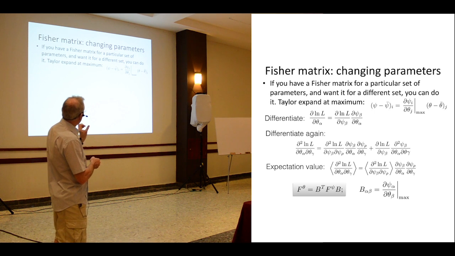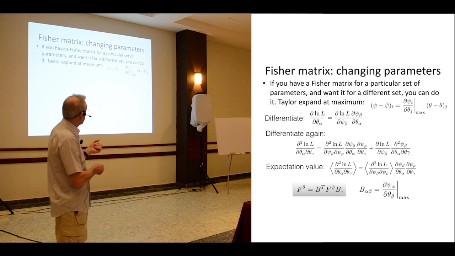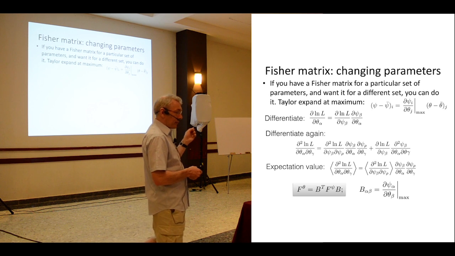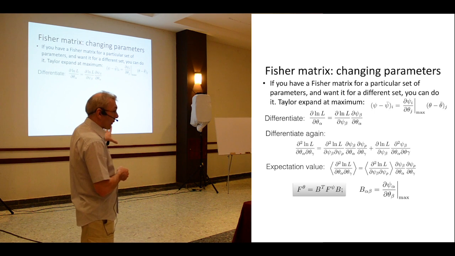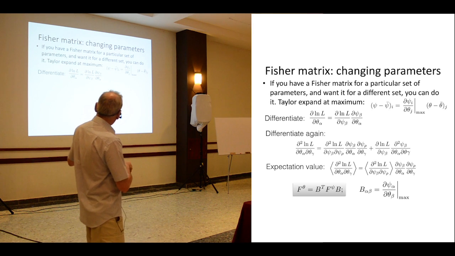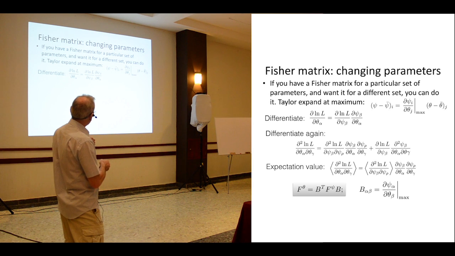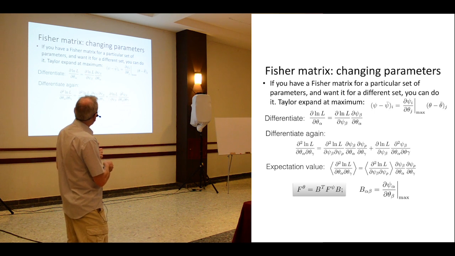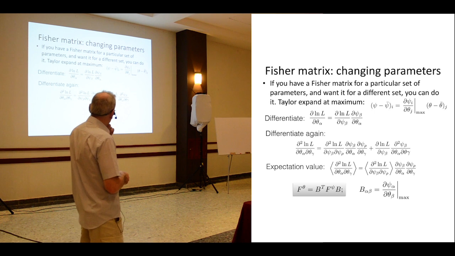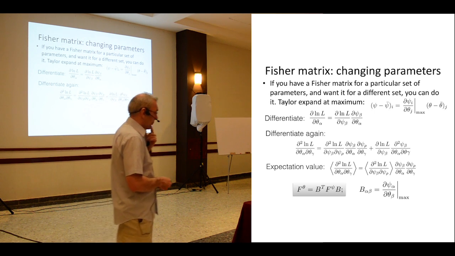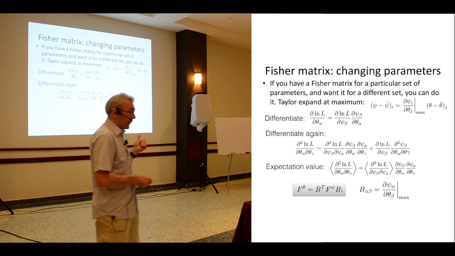an expansion of the difference between a new parameter, say psi, around the maximum. Then by the chain rule, a small separation in the new parameter is given by d psi_i by d theta_j times the distance in theta from the maximum. So we want to work out the Fisher matrix in the new set of parameters. If we take the log likelihood and differentiate with respect to one of the original parameters, then by the chain rule we can write it like this. If we differentiate it again, then we get two terms, one from differentiating this first term and one from differentiating the second term. The first term just gives us another transformation, and the second term comes from differentiating the second factor. So if we then take the expectation value of this to give us the Fisher matrix,